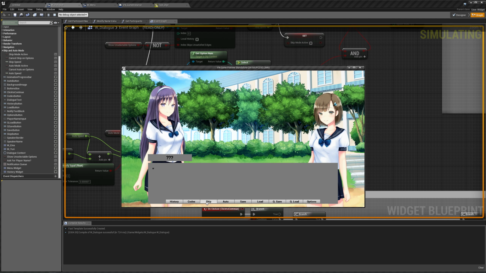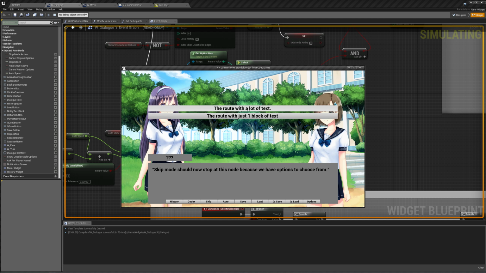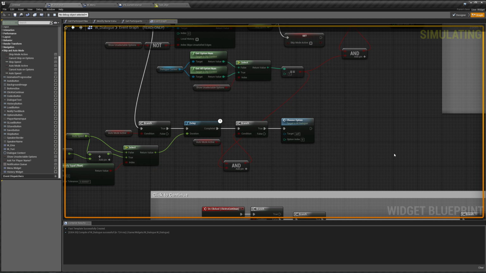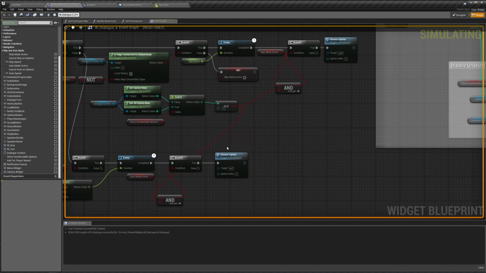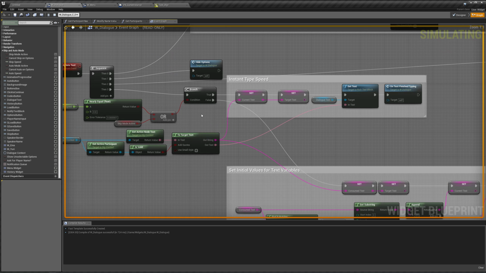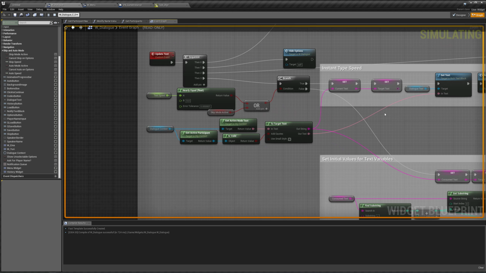Start auto and skip. Great, now it stops at the option. We choose the one with auto text. Our auto should still be going, but it isn't going. Auto mode active is true. So what's going on here? We chose option 0. It did all this stuff. Oh, that's because, oh,